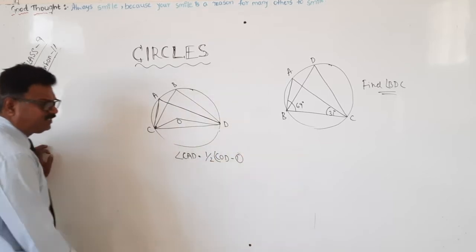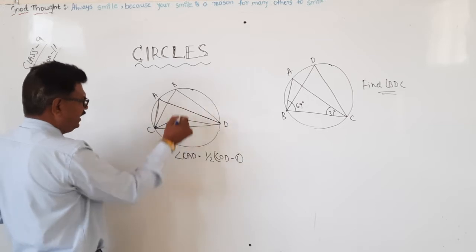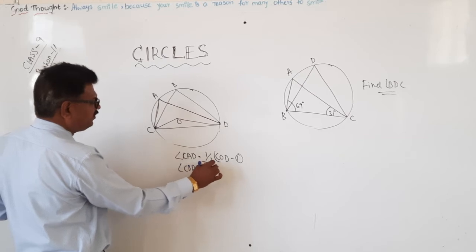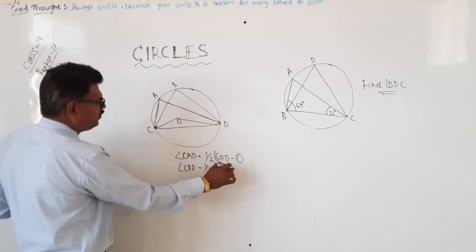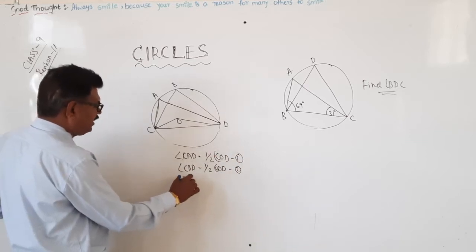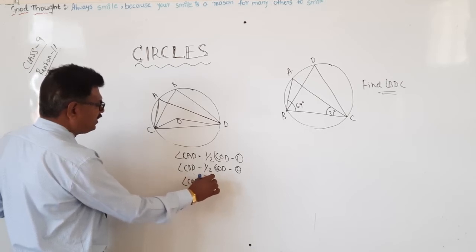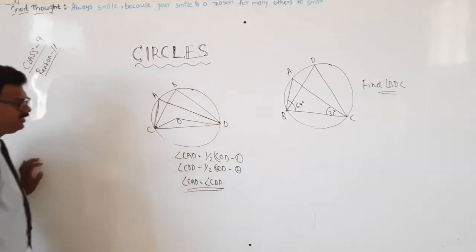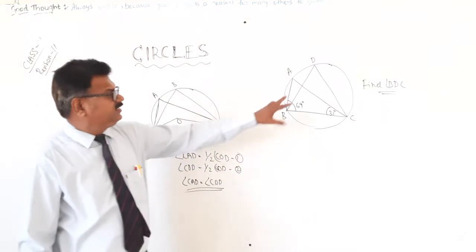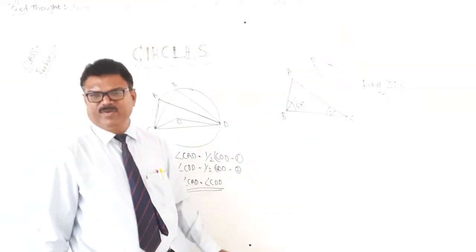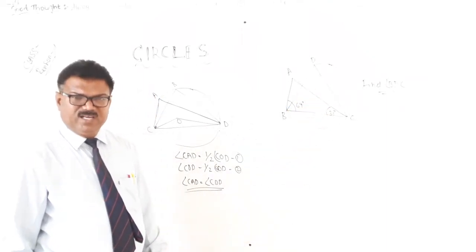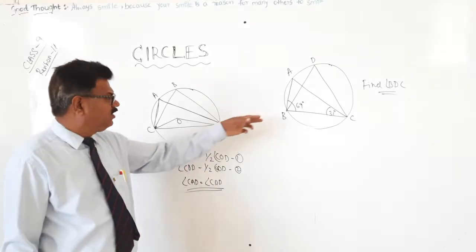This is 1. Similarly, this is also like this. CBD is also equal to half of COD. This is 2. Half of COD is common. Therefore, angle CAD is equal to angle CBD. Okay, na? Therefore, angles in the same segment are equal. Either they are present here or here, whatever it may be. In this segment, all angles are equal. In this segment, all angles are equal. Okay, na? Understood? Yes. Depending upon this theorem only we will do this.